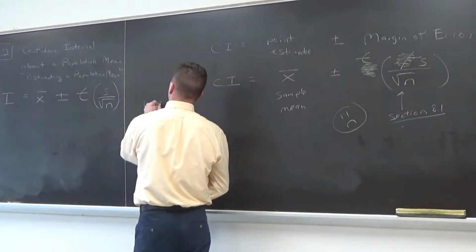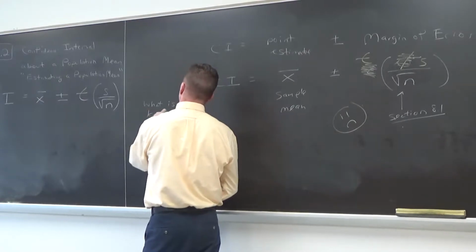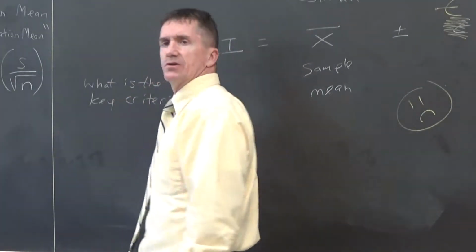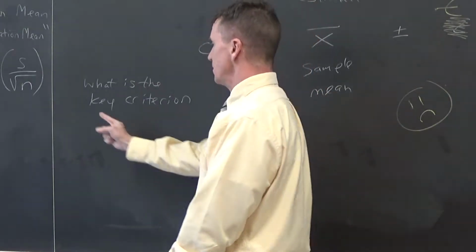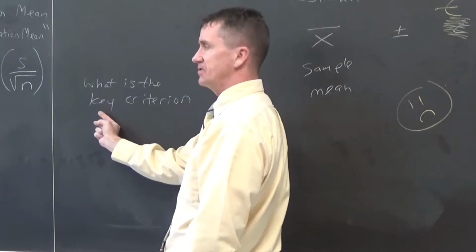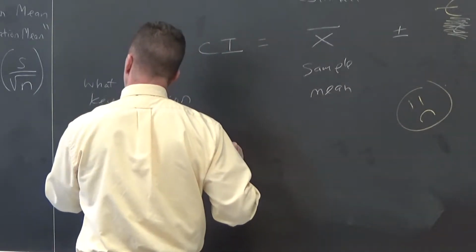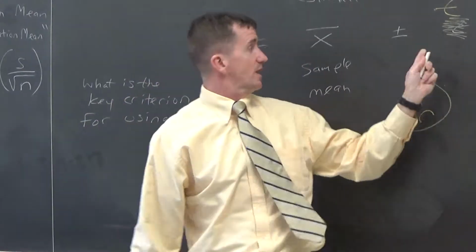All right, what is the key criterion? You can just say reason. What's the key reason? What's the most important reason? What's the paramount reason? What is the key criterion for using this letter T, which I have up here right now,